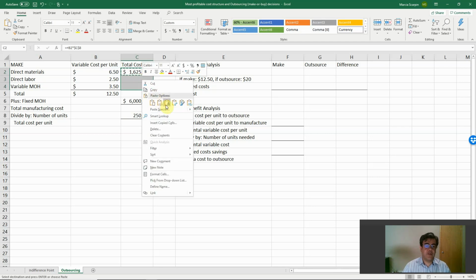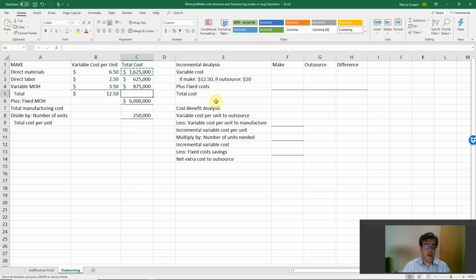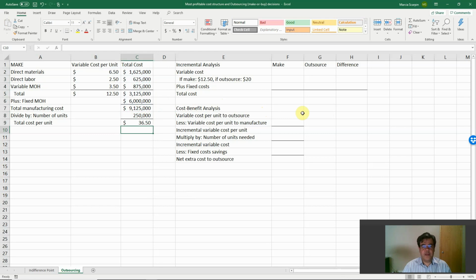And let's paste our formulas. And the total cost is the sum of these costs plus fixed cost 6 million. Total cost is the sum of these costs here. And the total cost per unit, it is 36.5. And let's consider here, first of all, with